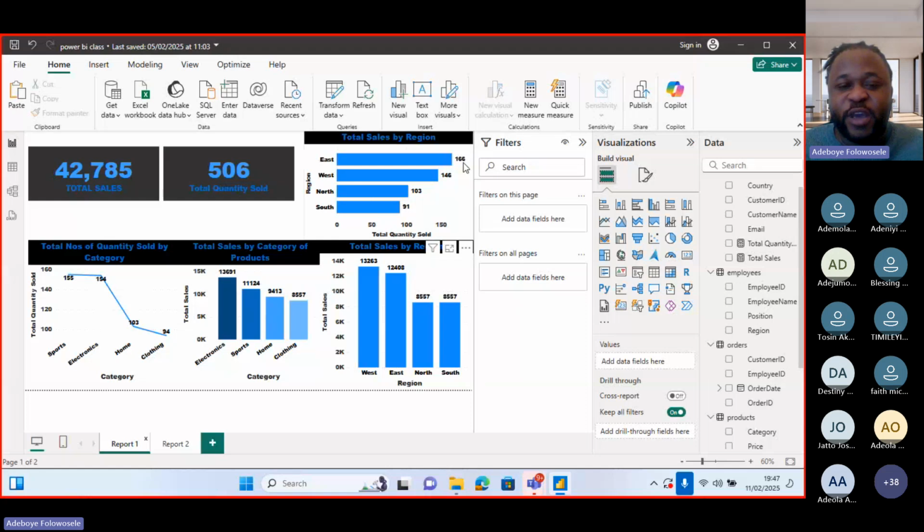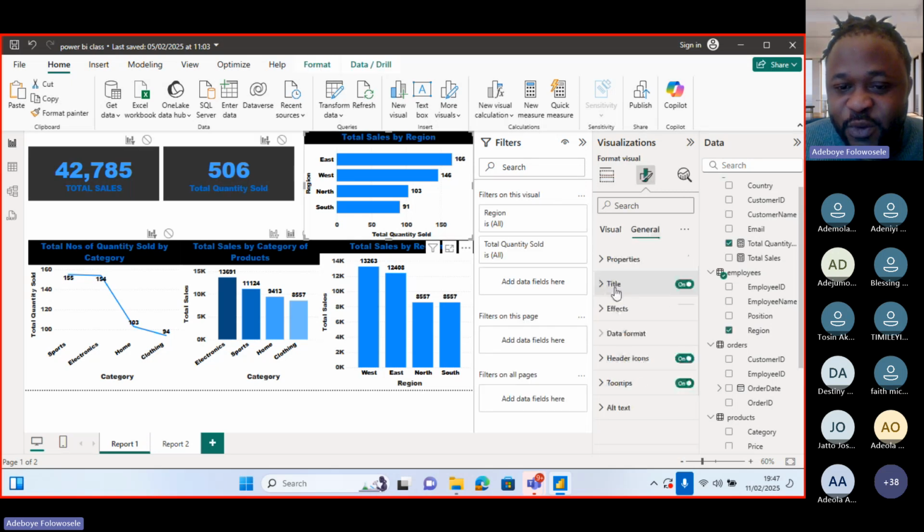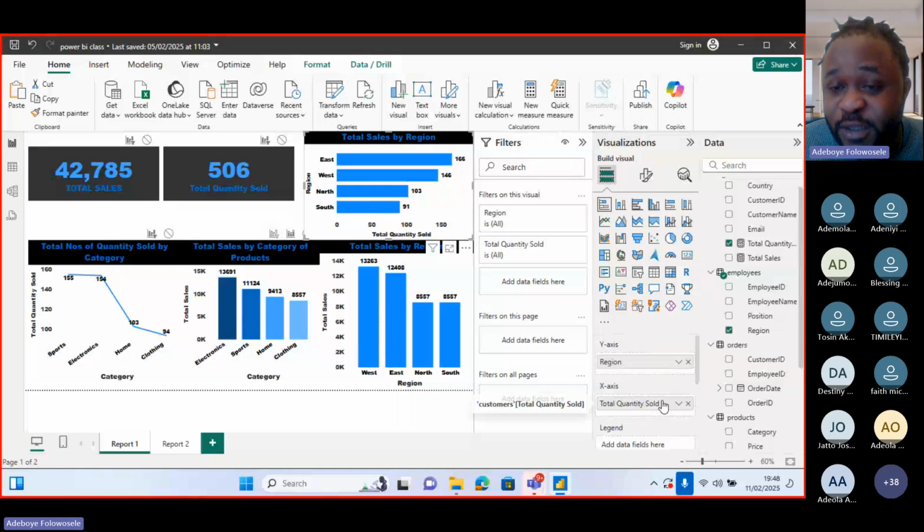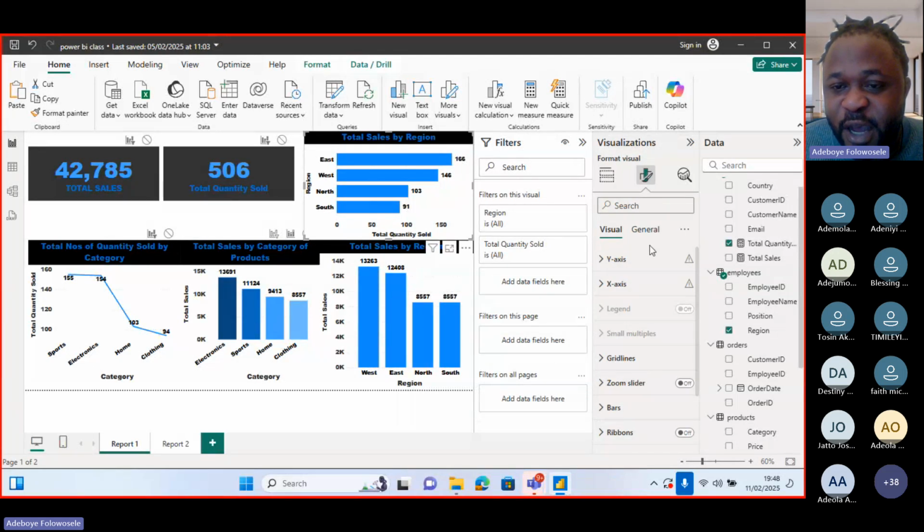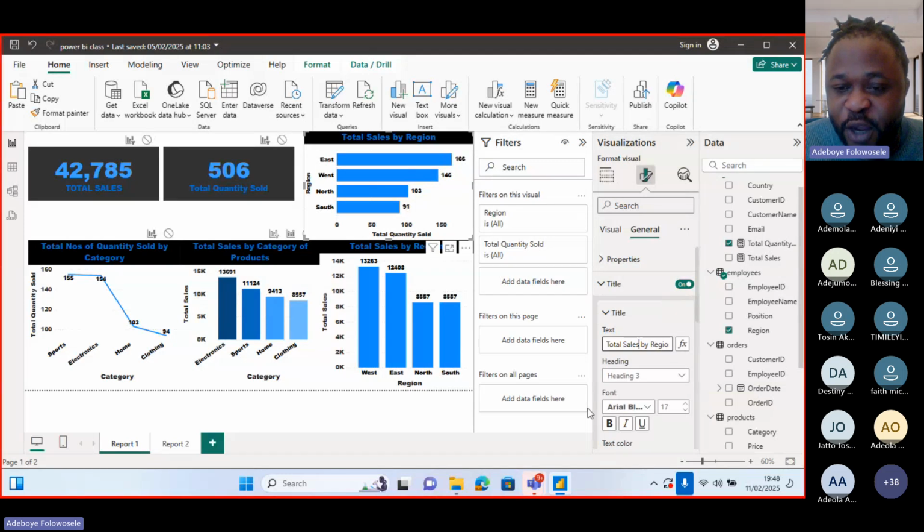Here we have that the East performed the most in the year 2020. No, this is quantity. This is not sales. So let's change the title. It was quantity and not sales. Yes, total quantity sold. So that's why you need to pay attention to details. Total quantity